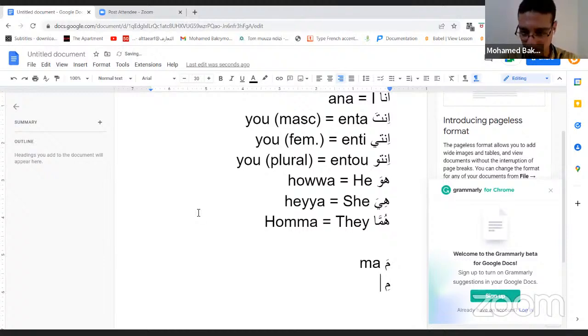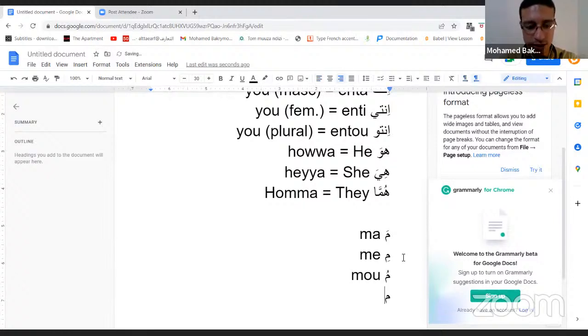And this is me. And this is mo. Okay, but it's a short vowel. It's not like alif. It's not pronounced like a or a or o. It's pronounced just short like a or a or o. Okay. So here hum, and this